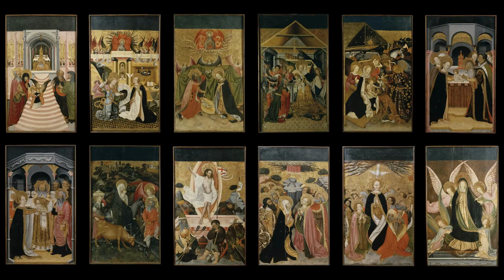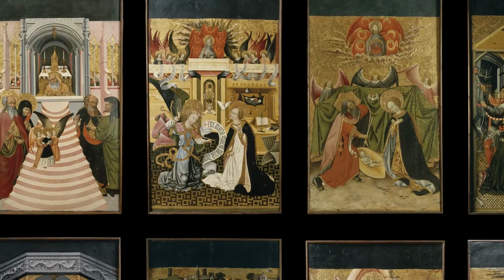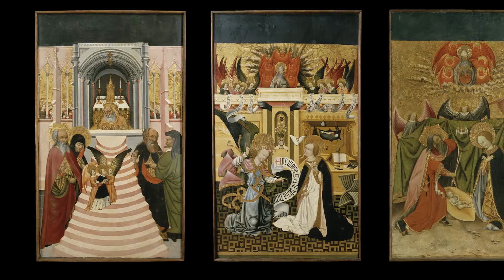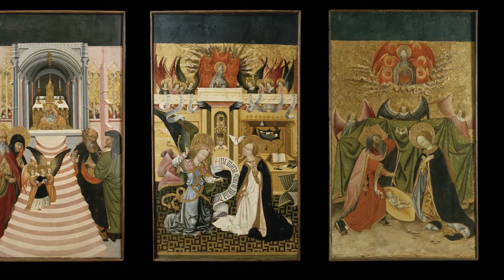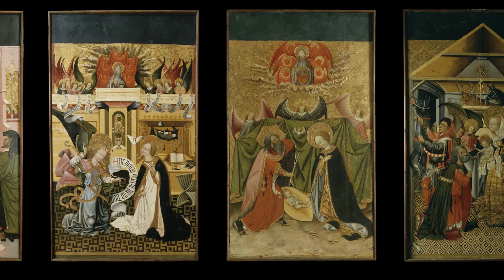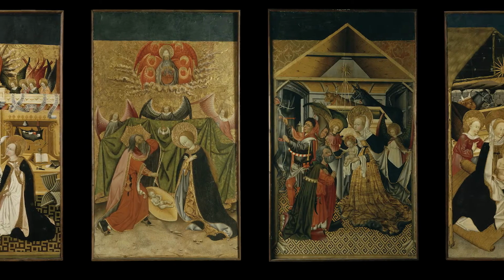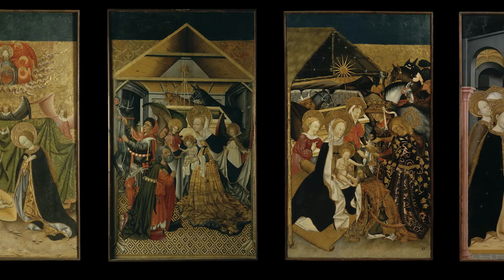The 12 panels with scenes from the life of the Virgin are the pictorial elements preserved of the high altarpiece of the parish of Santa Maria in Verdú. Two documents found from 1432 and 1434 are conserved that referred to donations given for the making of this high altarpiece. The work was started by the sculptor Pere, who completed perhaps the lower part, which is still preserved in